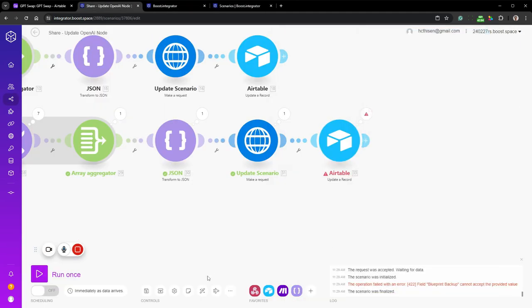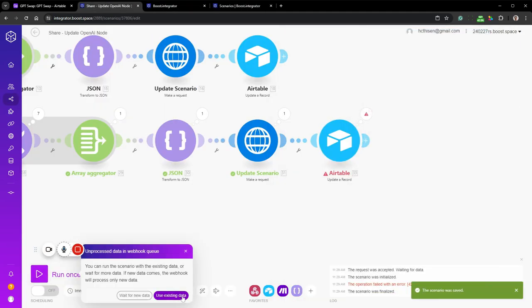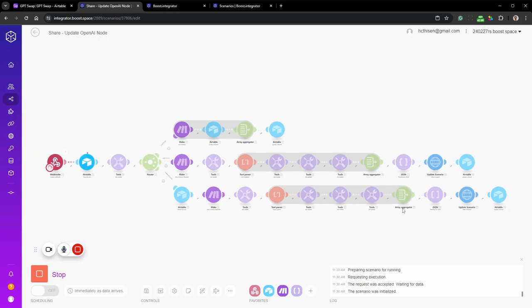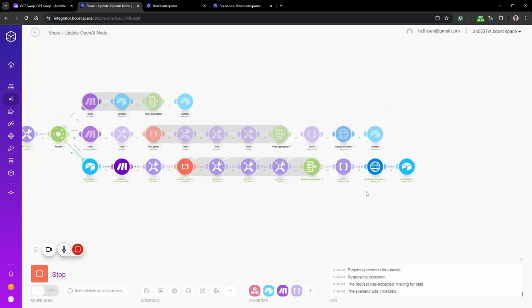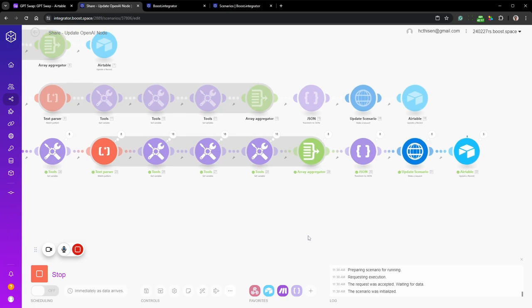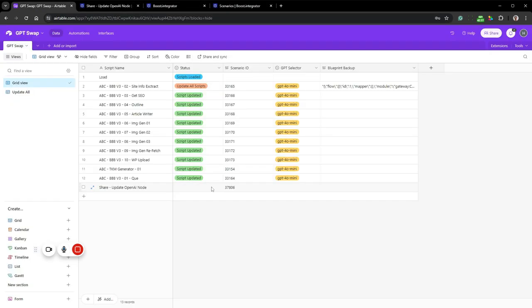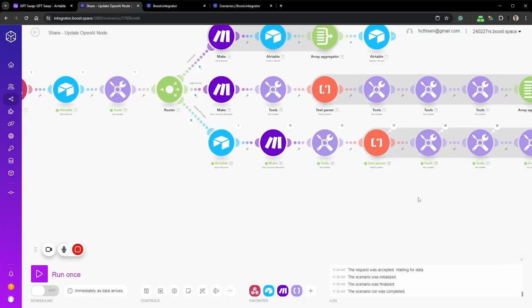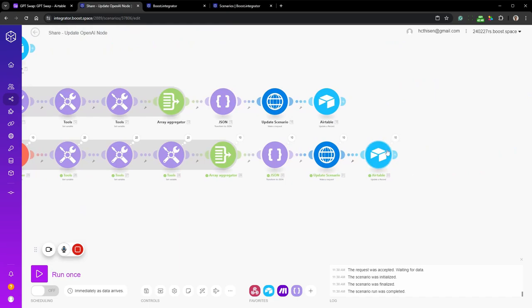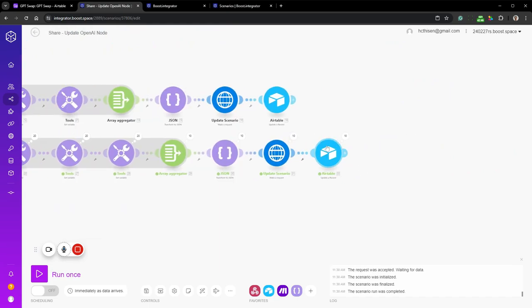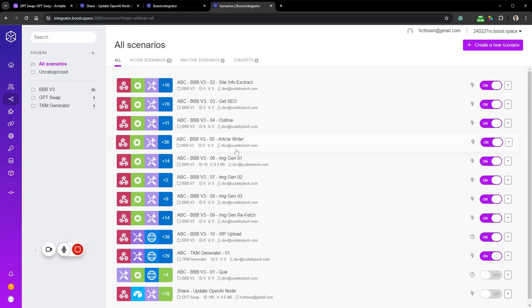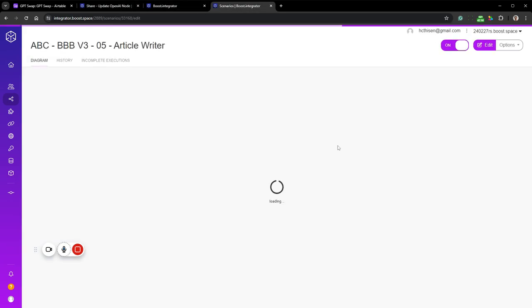So let's leave that out. Click save, run once. See if we can update everything now. Yeah, I think it's too large, simply too much text for Airtable to handle. There we go. So all has now shared. Yeah, this is the one we're working on at the moment, which might be why it didn't work. I don't know. Anyways, they have now been updated, which means all of these,